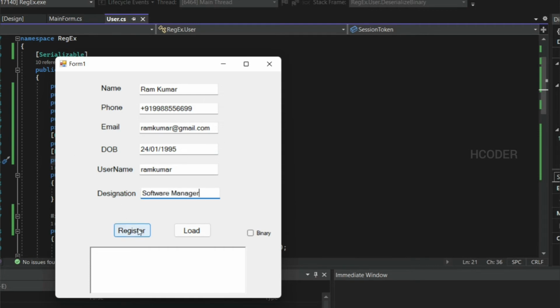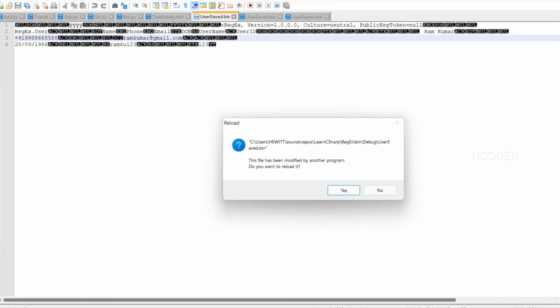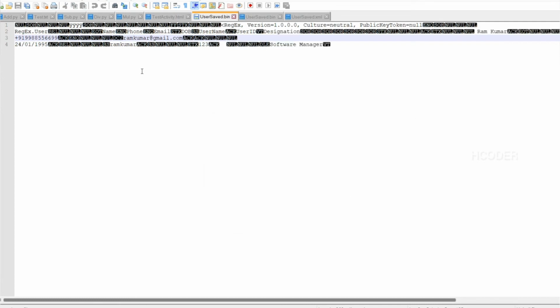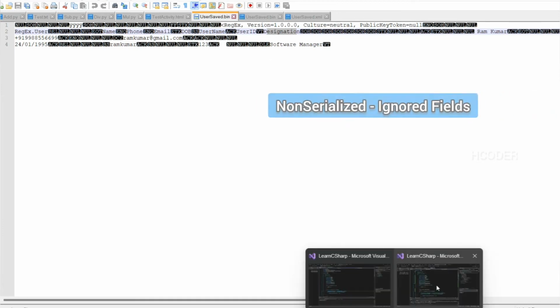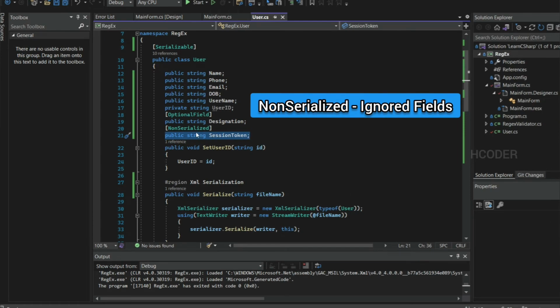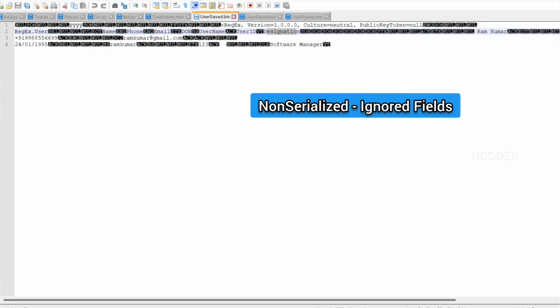So let's click register, and it's registered. I think let's close this. The file should be updated now. Yeah, we have the software manager here, and the designation is added here, but the session token is added nowhere. So that's how it works. The fields that are marked with non-serialized won't show up in the binary file, and those fields are essentially ignored